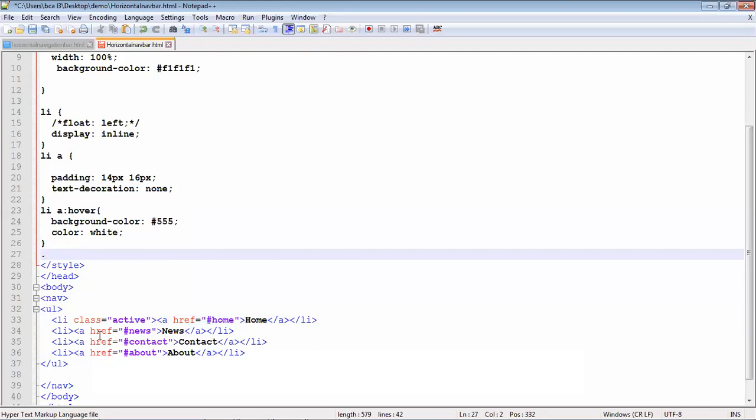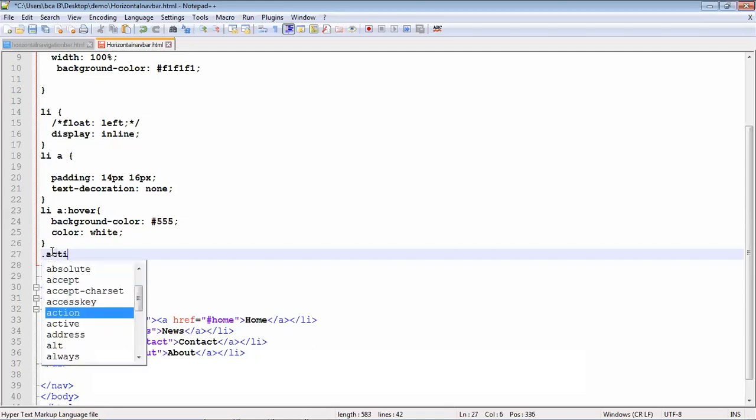To give the effect to any tag we use the class attribute. When you use a class attribute in CSS, use dot. When you use an id element, use hash. That is very important. Next we use the class name, which is given here as active, so use .active.